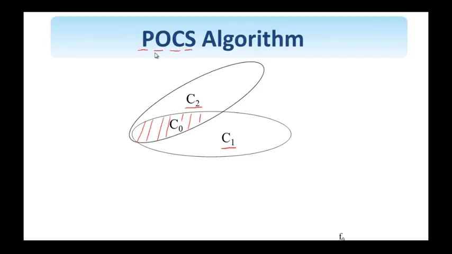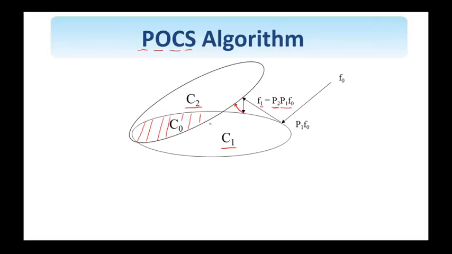So according to it, I start from an arbitrary initial condition F0, and I project image F0 onto the first set. So this is the projection P1 on set C1 of F0. Then I take this point and project it onto the second set. So this is now the projection P2 onto set C2 of the point P1 F0. And I call this F1. And I keep repeating this process. I now take this point, project it to C1, and then I take it and project it back to C2,